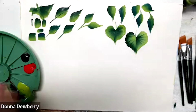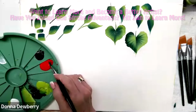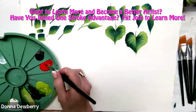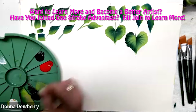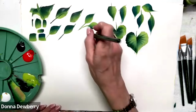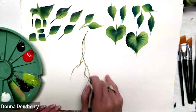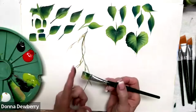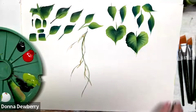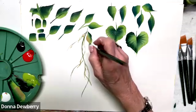All right, so I want you to see that I can put a little teeny bit of white and red on one edge and get a little bit of pink, a little bit more. All right, so I want you to see if I do a vine here and I go up on the edge and I wave it really lightly. Remember what I'm doing? I'm lifting up the bottom. I'm lifting it up slightly and just dragging the last bristles. All right. So now I can come along here